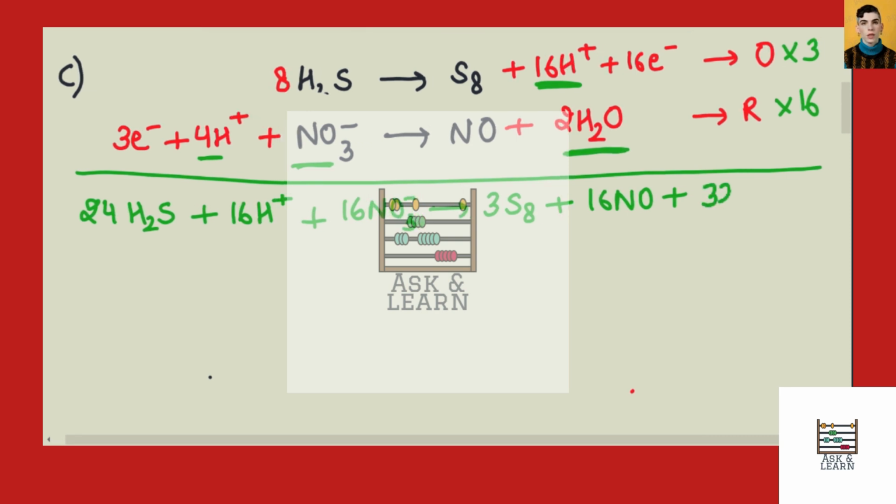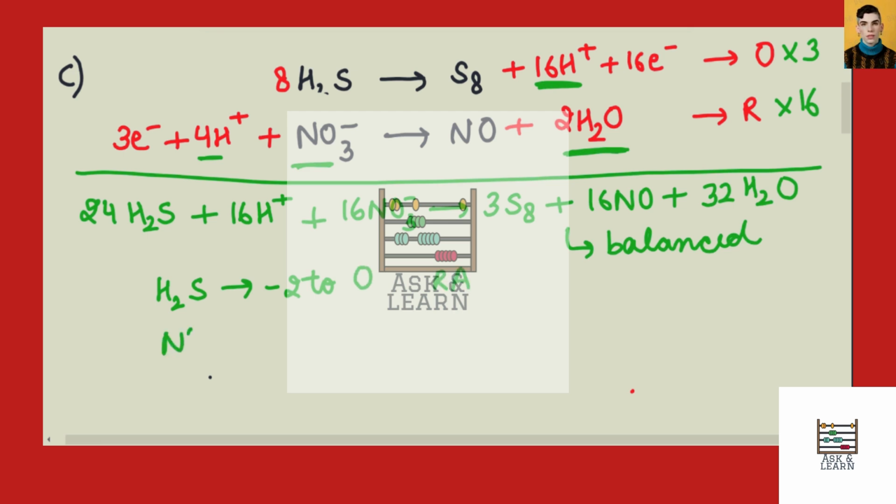Since this was in the acidic medium, we don't have to add any hydroxides. So if you see, in H2S the sulfur goes from -2 to 0 oxidation state, so this is our reducing agent. And nitrogen in nitrate goes from +5 to +2 oxidation state, and therefore it's a decrease. So this is our oxidizing agent, which means it's oxidizing hydrogen sulfide by itself getting reduced. So yeah, hope that